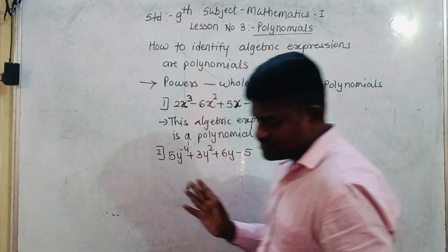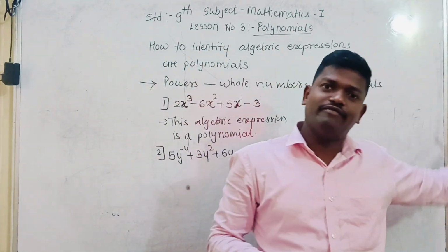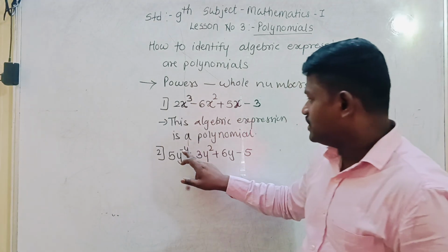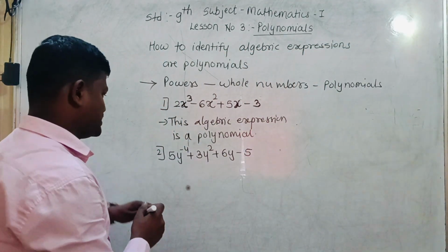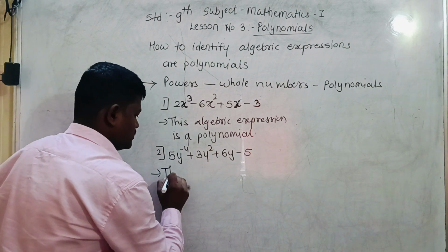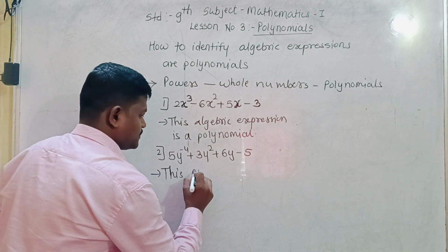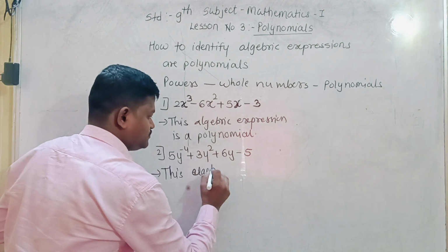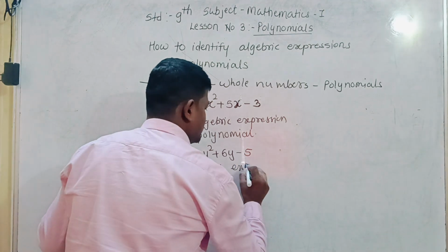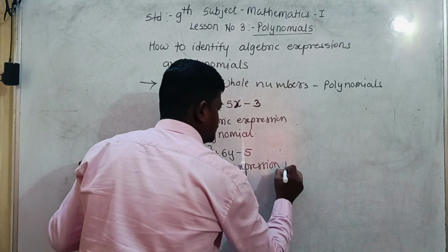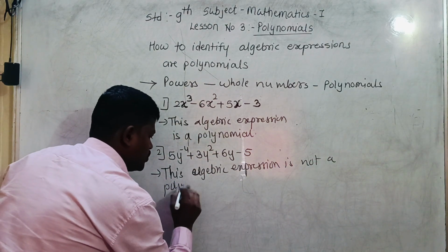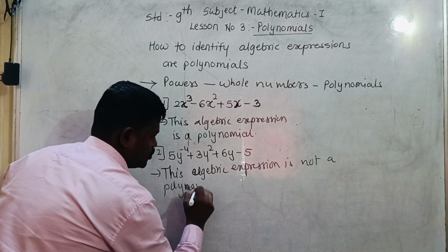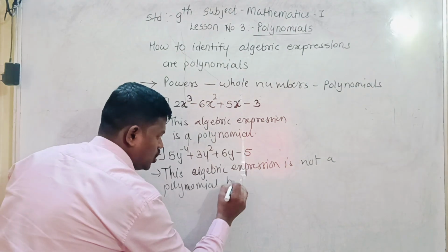My whole numbers were starting from 0 to infinity, right? So -4 is not a whole number, and that's why this algebraic expression is not a polynomial